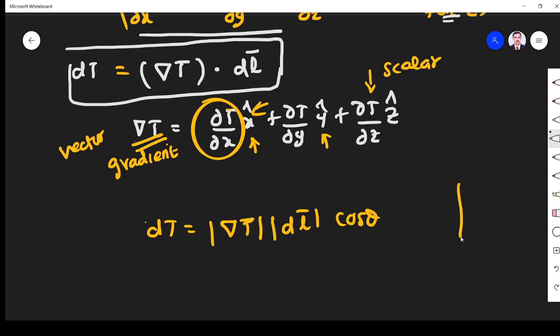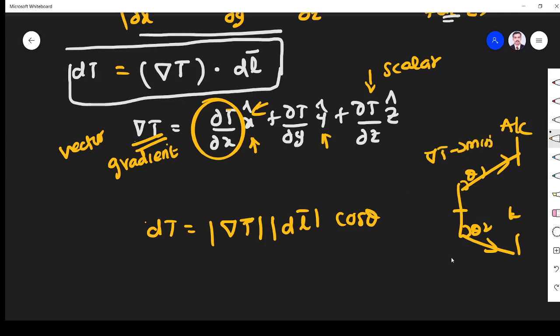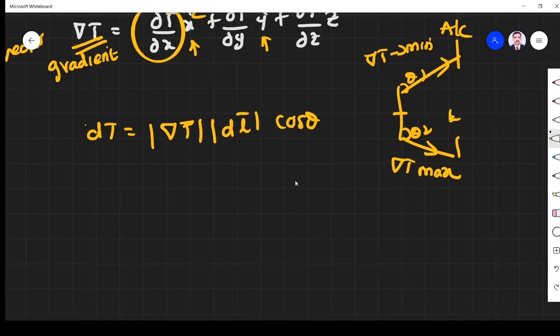Yes, suppose this is hall, AC room, kitchen, right? You are moving in this direction or you may move in this direction. This may be angle theta 1, this may be angle theta 2. This is the point you are standing, right? So del T we know, this is a change in minimum direction. So here del T is minimum slope. Here del T is maximum. How are we going to find it? That's what the equation now explains, right?